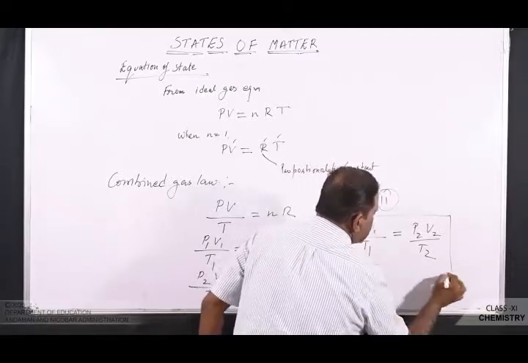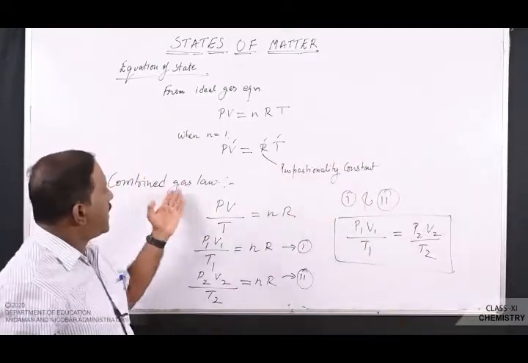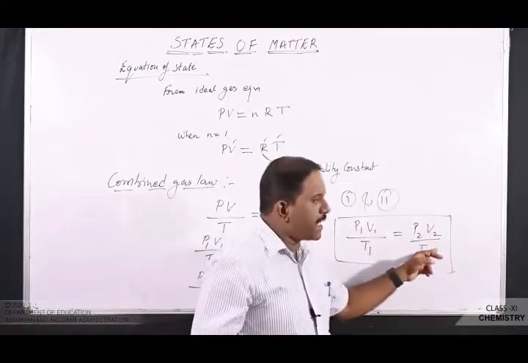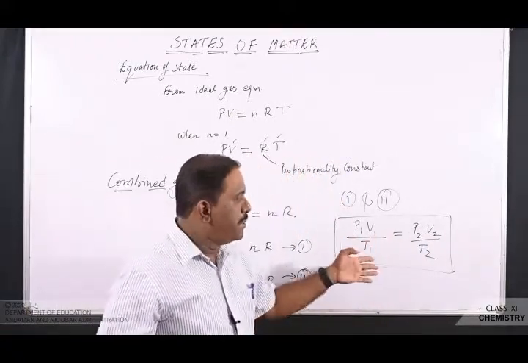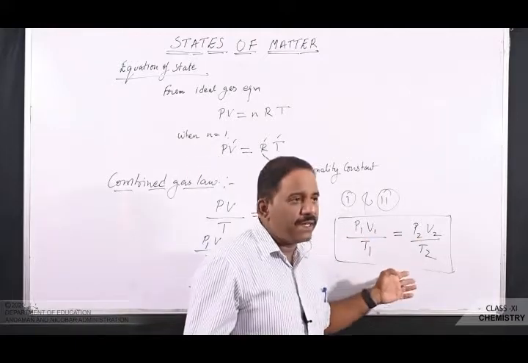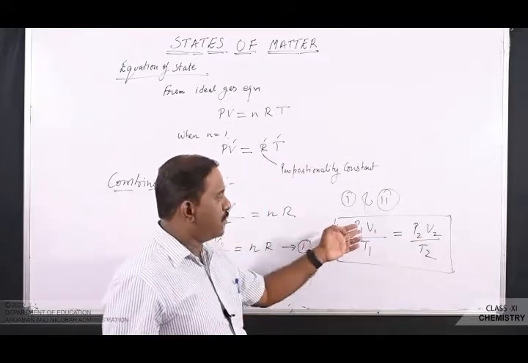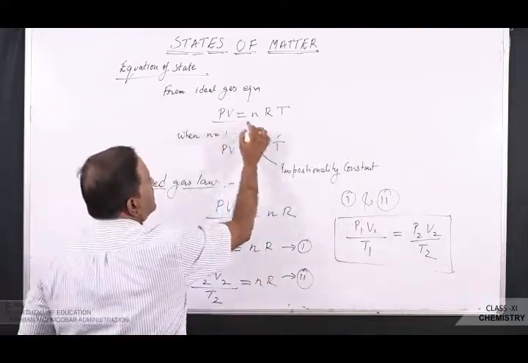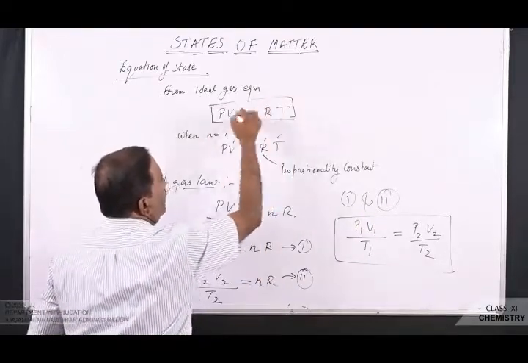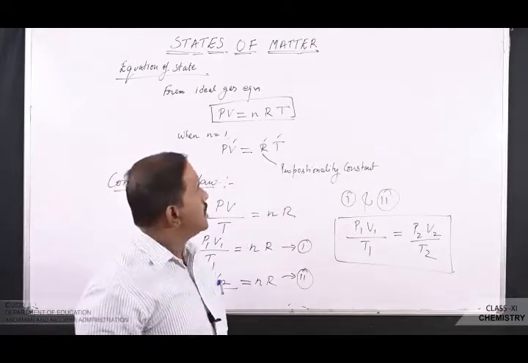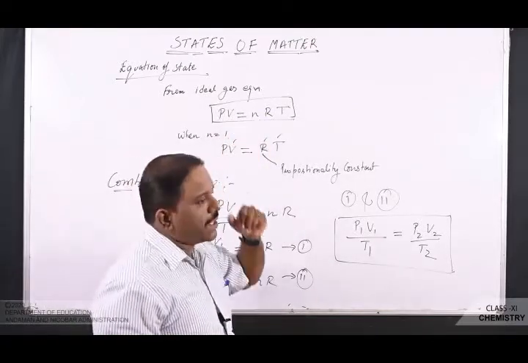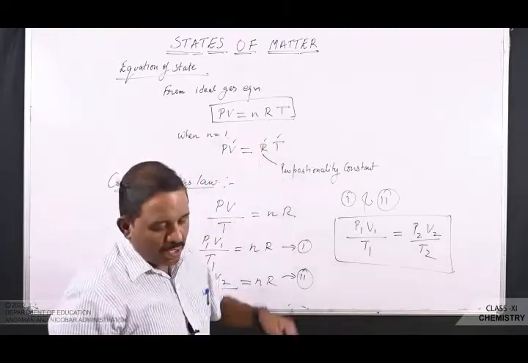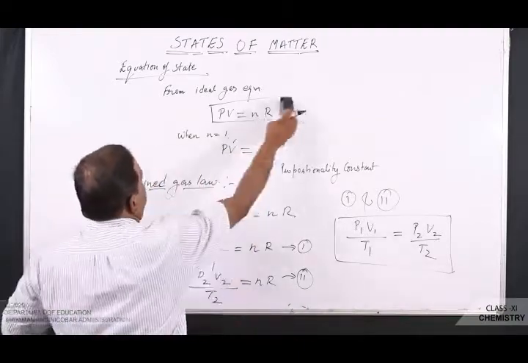So this is the combined gas law. There are 6 variables; one will be missing, the other 5 will be given in the numerical questions, and we have to attempt them in a similar way. So this is PV is equal to nRT, that is the ideal gas equation. From this equation we can calculate the density of gases also. So let us see how it is calculated.